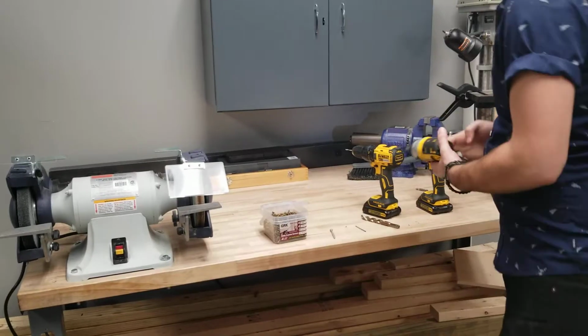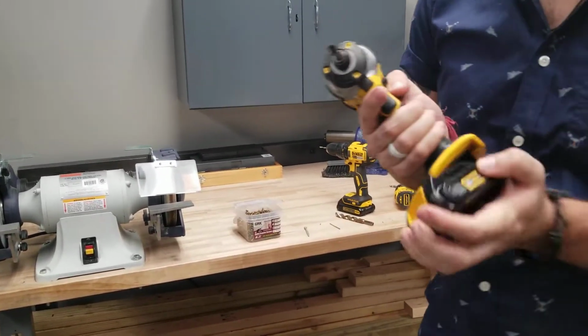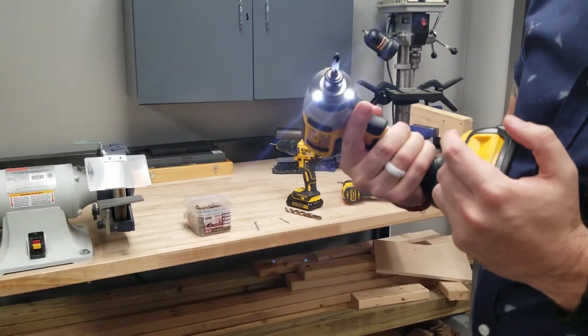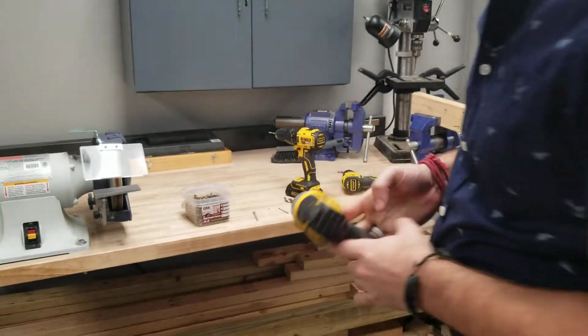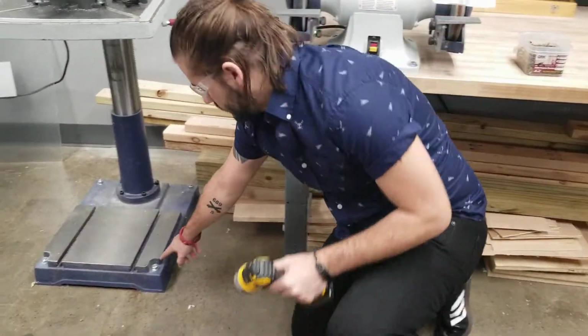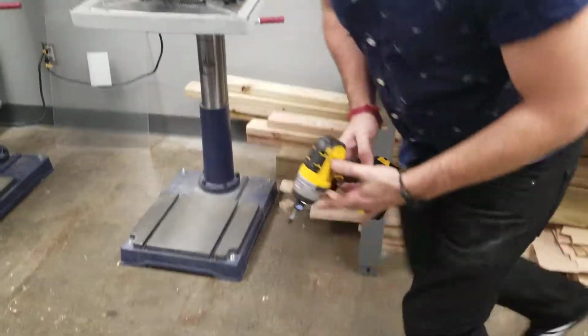This one right here, I need to talk about this. This is an impact drill. A lot of people think this is a drill. It's not. See how I've got these nuts and bolts on here, or like on a car? You can get attachments for this that will go over that, and instead of using a socket, which is what this is,